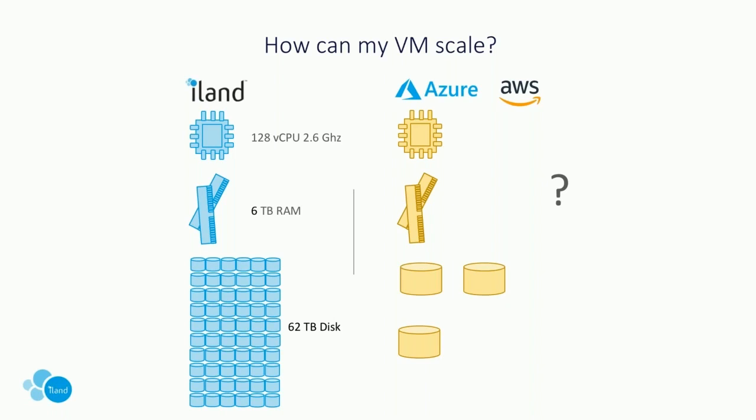So on premises, you can have up to 128 vCPUs, 6 terabytes of RAM now, and up to 62 terabyte disks. And that's exactly the same if you were to utilize someone like iland in a VMware powered cloud, because we're essentially playing by exactly the same rules. So anything that you can do on premises, whether that is migrating into a VMware powered environment, or whether that's doing something like disaster recovery, there's not going to be any concerns over the sizing of those disks not working